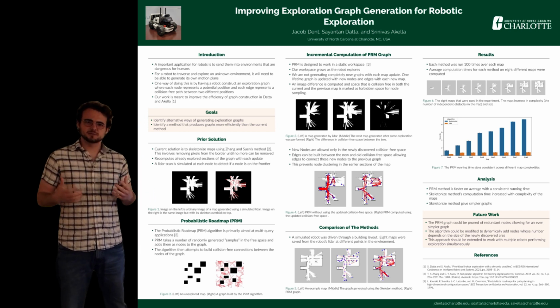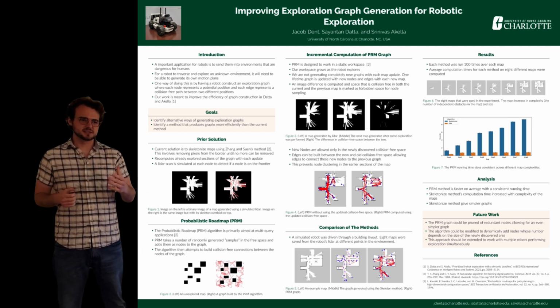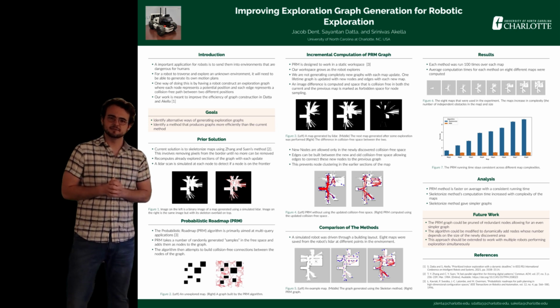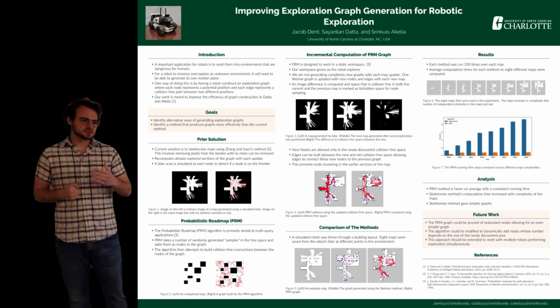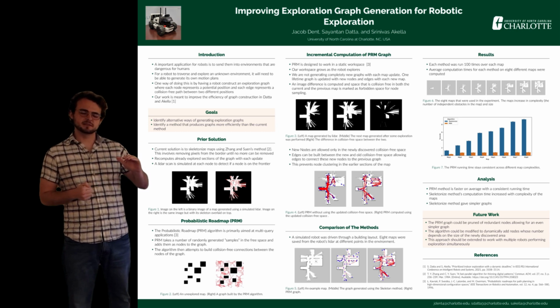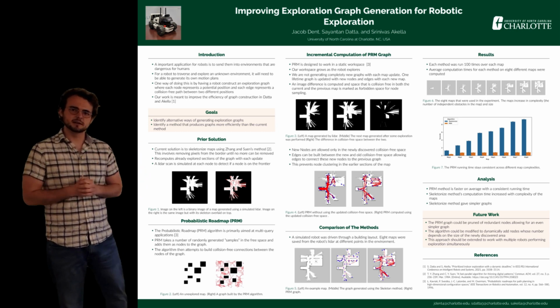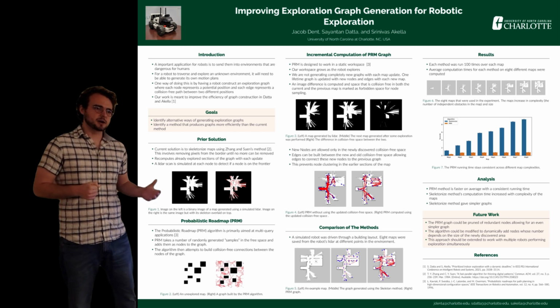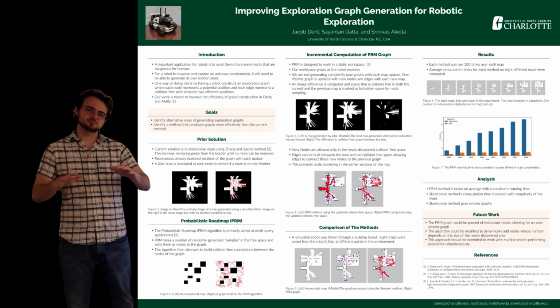An important application for robots today is to send them into environments that are dangerous or hazardous to human life. In these environments, such as a burning building or a nuclear disaster site, we want to try to minimize the amount of time that first responders are spending in there. One way of doing this is by having a robot go in before them and autonomously explore and map out